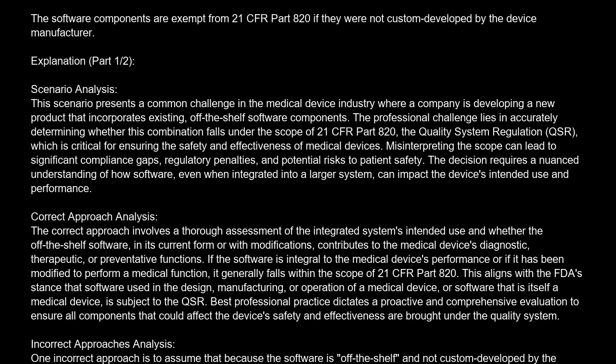The correct answer is D. The software components are exempt from 21 CFR Part 820 if they were not custom developed by the device manufacturer. Explanation. Scenario analysis. This scenario presents a common challenge in the medical device industry, where a company is developing a